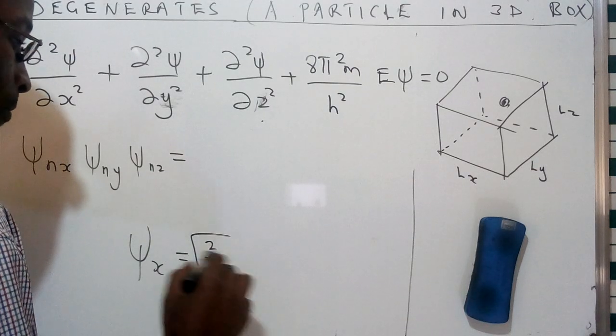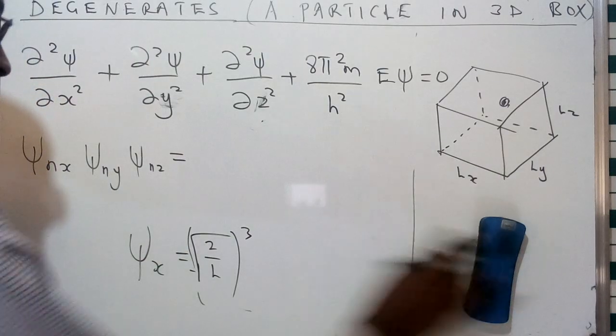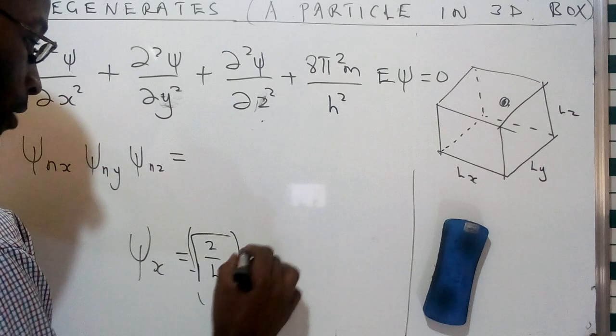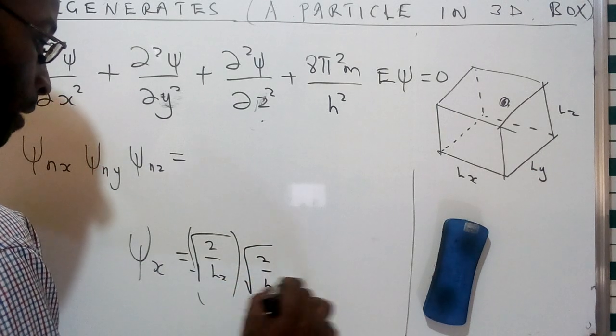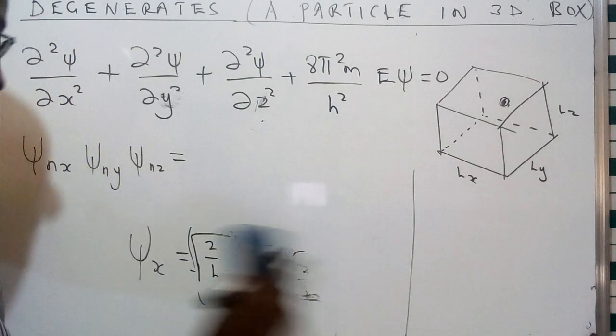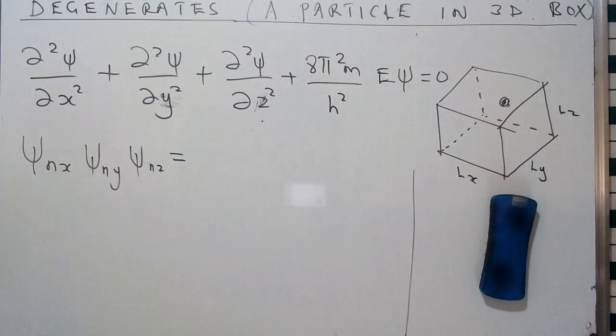So therefore we are going to have this one given as the three values for x. So this is 2 over L for x, and then we're going to have 2 over L for y, and then 2 over L for z, given as such. And basically that's going to have an implication that if we have a three-dimension box given as such, these are